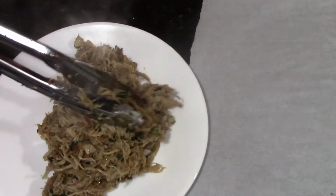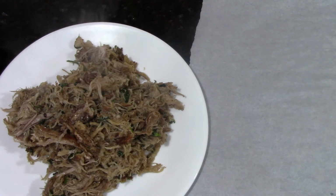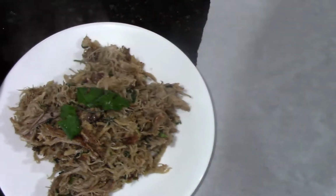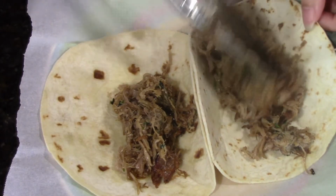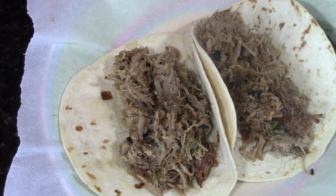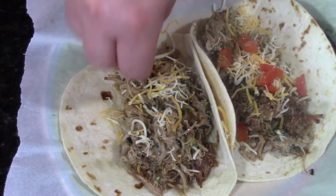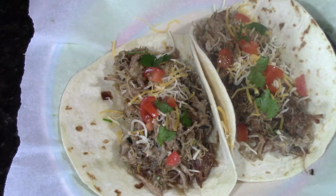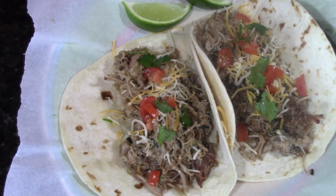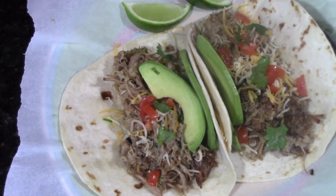And we go ahead and show you our plating here. We're going to add it on the plate that we will serve from, some cilantro on top there, and then I've got a couple of tortillas that I fried, and I'm going to stuff them in there and add some chopped tomatoes. I normally do pico de gallo, but I was using up some stuff that I had on hand. So more cilantro, some chopped tomatoes, a little bit of cheese, definitely some avocado,